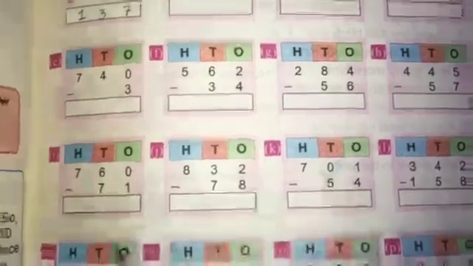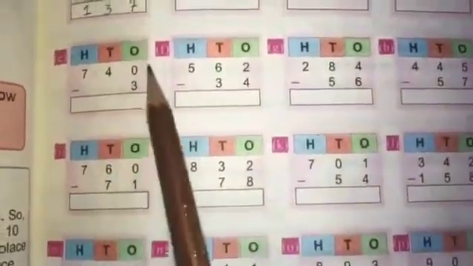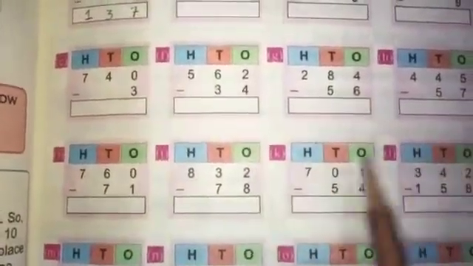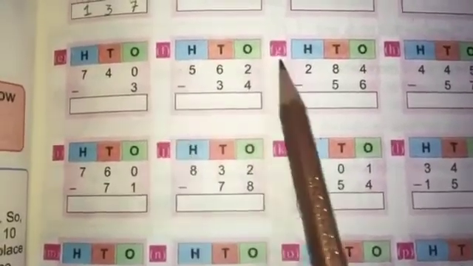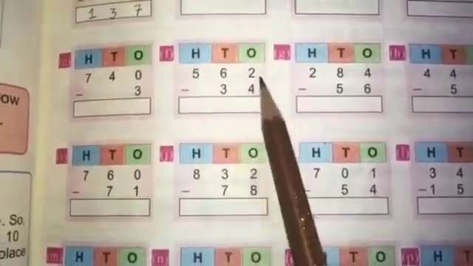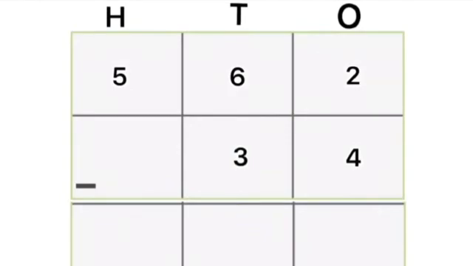And students, next in these parts I am going to do part F. And students, other parts you will do the same as part F. Let's solve this part F. Here I am showing you 562 and 34 at ones, tens and hundreds place. And as you know, in step 1 we subtract the ones. We cannot subtract 4 ones from 2 ones.